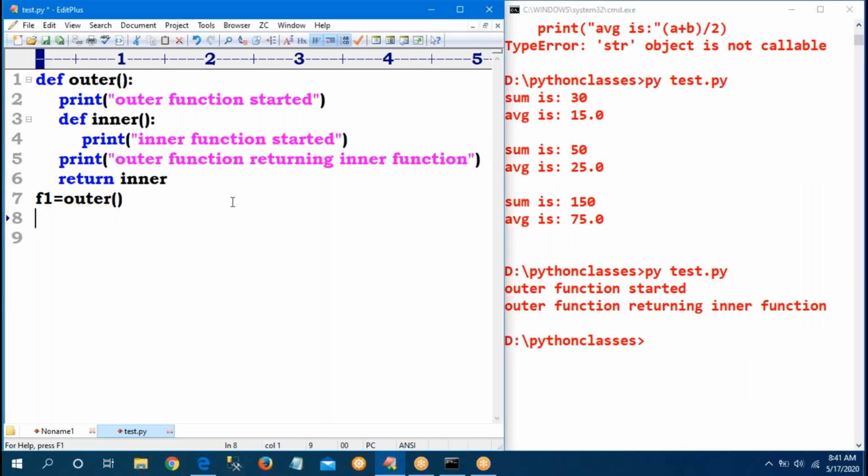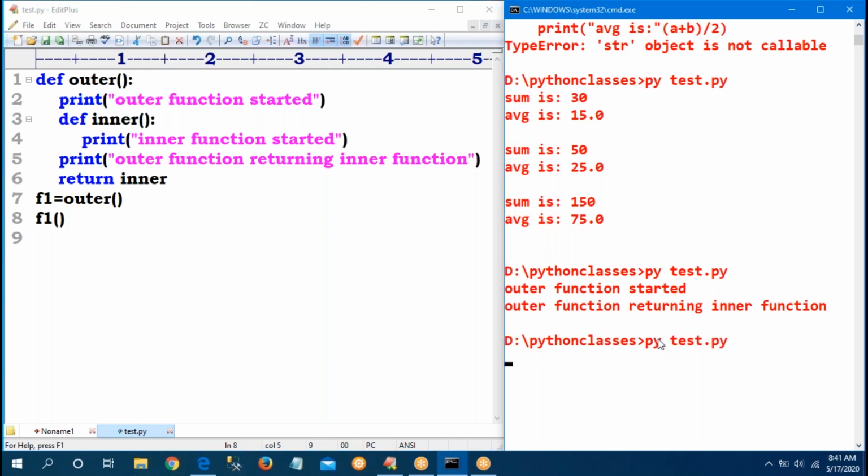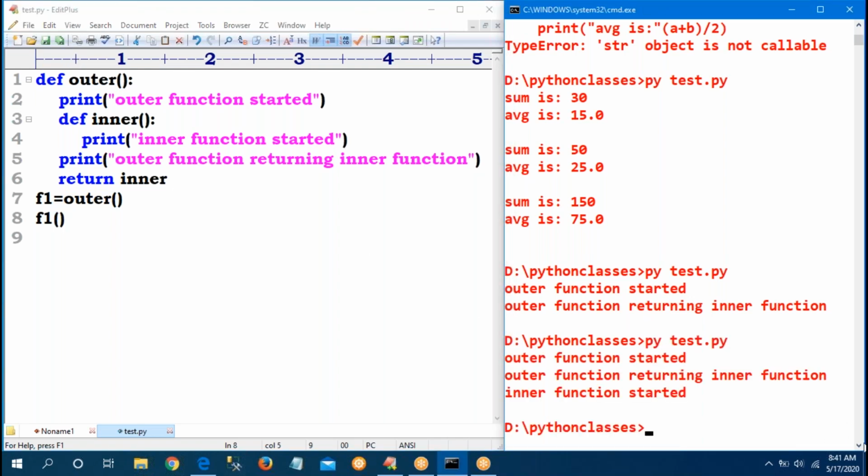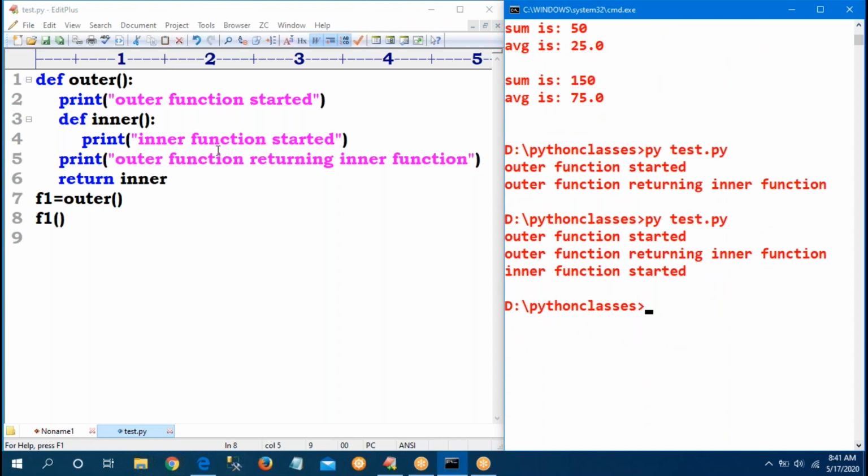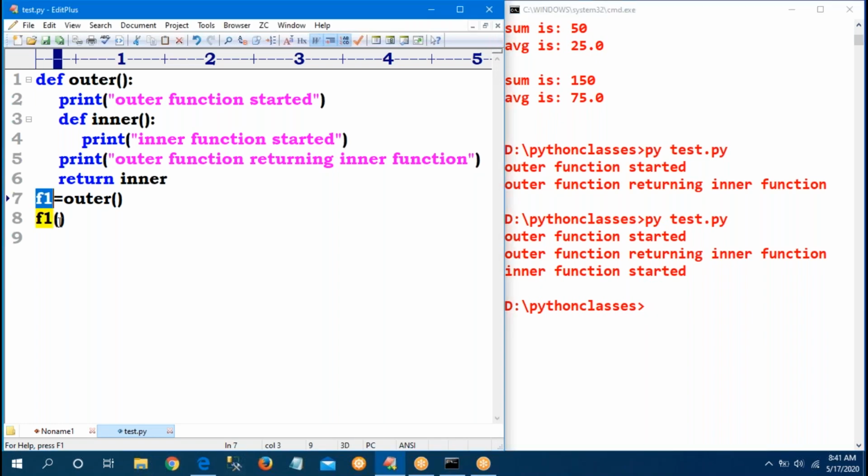Whenever I am calling F1, this time all will be executed. The inner function I am calling is stored into F1. Now I am calling F1. Then our inner function will be started.